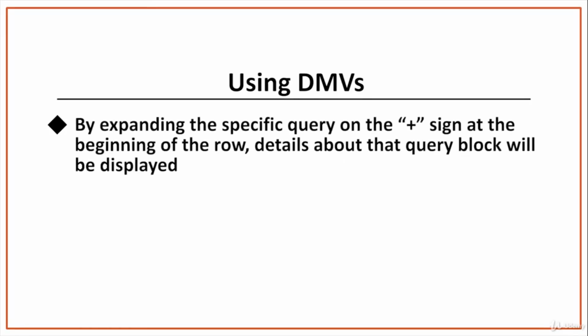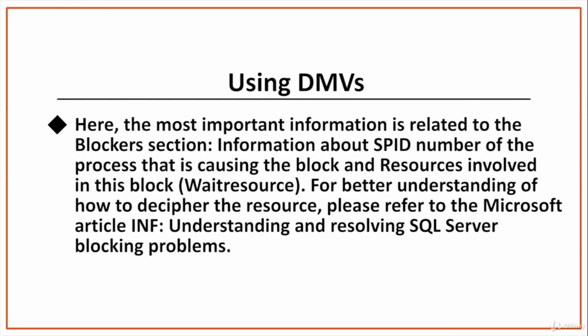By expanding the specific query on the plus sign at the beginning of the row, details about that query block will be displayed. Here, the most important information is related to the blockers section. Information about the SPID number of the process that is causing the block, and resources involved in this block, the wait resource. For better understanding of how to decipher the resource, please refer to the Microsoft article, INF: Understanding and Resolving SQL